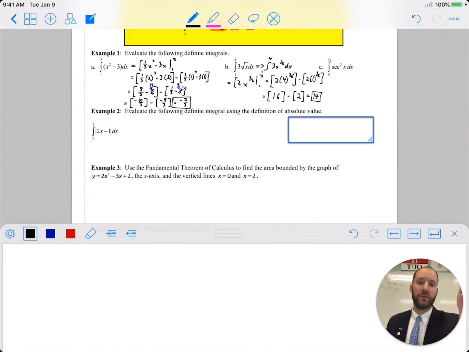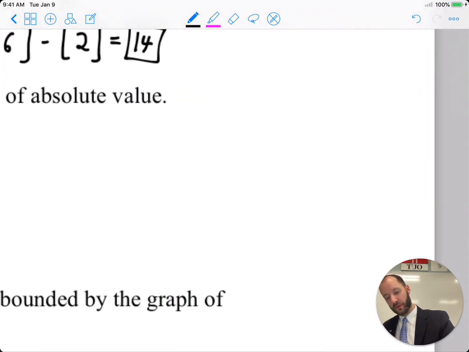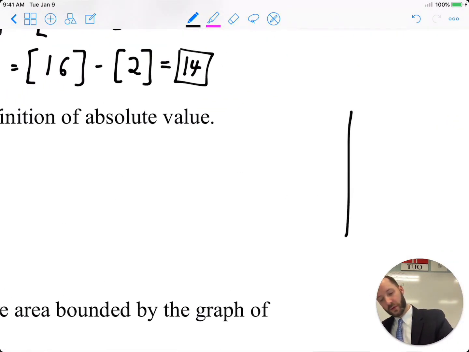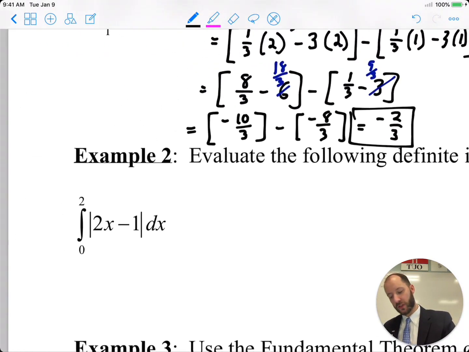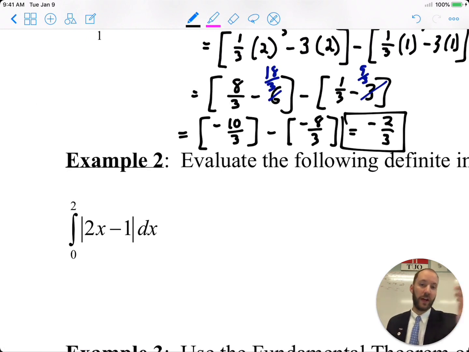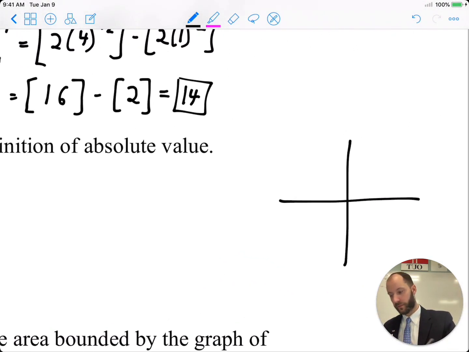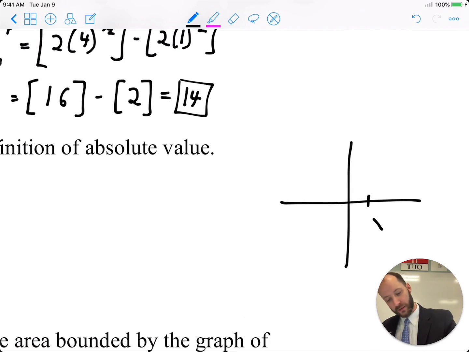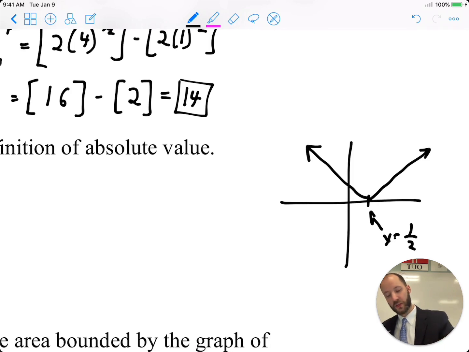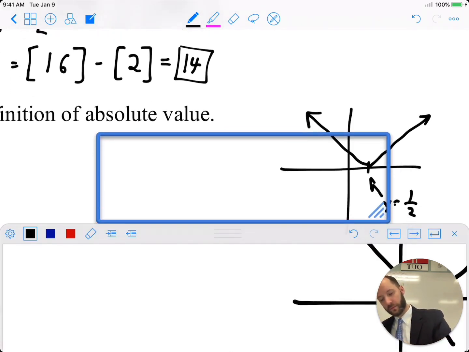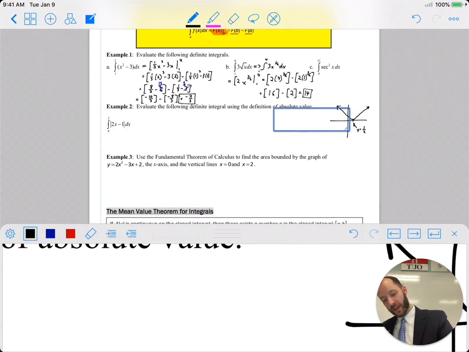Looking at example 2, using the definition of absolute value. So remember, absolute value is a V shape. This equation is going to be shifted to the right a half unit. So we have right here, x is 1/2. Well, it goes up in the V shape to the right and to the left. So our absolute value